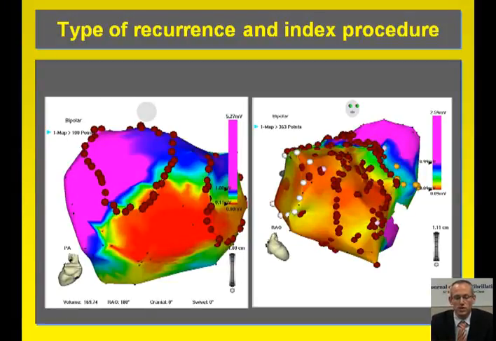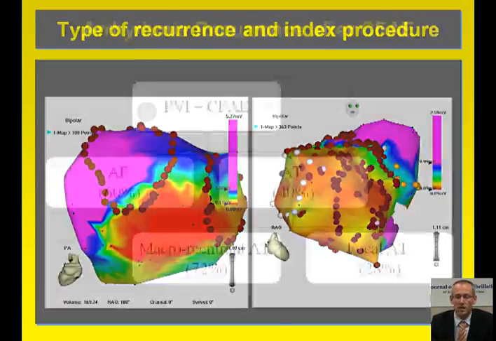But of course, as you can see from the right-hand panel, there are also strategies to ablate complex fractionated atrial electrograms in order to terminate the atrial fibrillation and convert it to atrial tachycardia or sinus rhythm during the index procedure. And whatever is done during the index procedure determines how the patient will come back and present to your